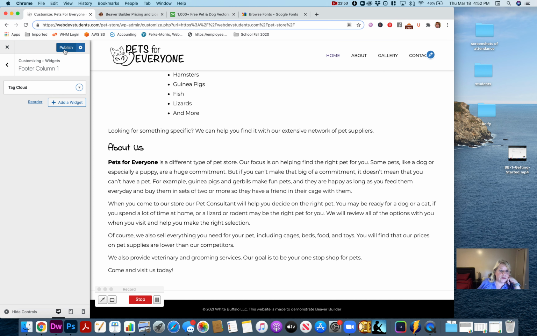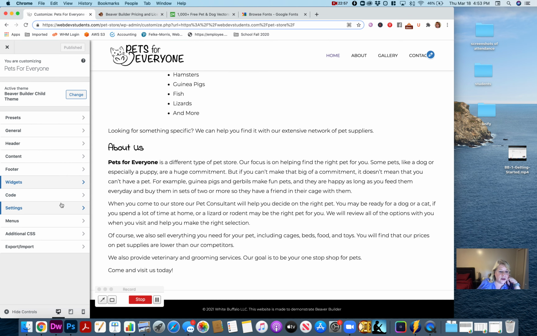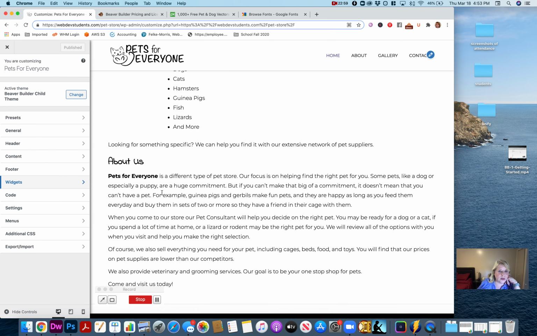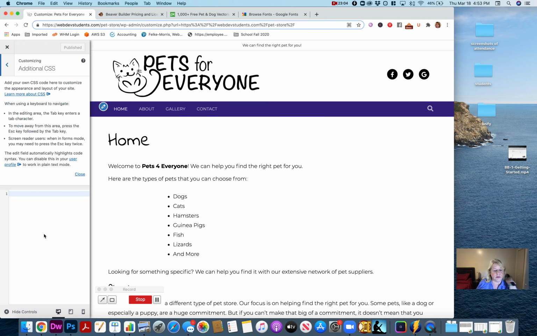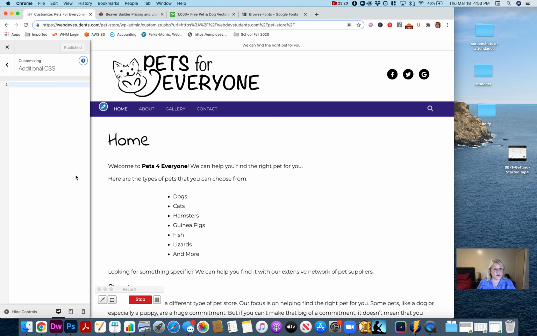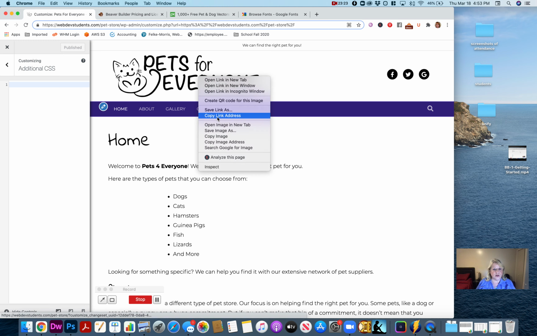So let's go ahead and publish. And I think one more very important thing here. All right. So if you're not a web design student, then you can kind of ignore this part. This is what makes WordPress so cool, and this is actually something that goes beyond just Beaver Builder. This is in every WordPress theme. So first of all, you can add additional CSS, right? So I'm going to put in a quick adjustment here